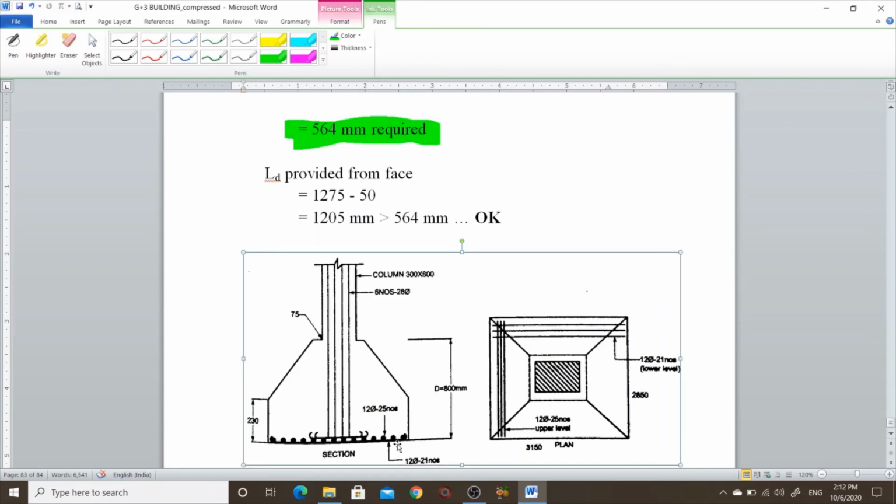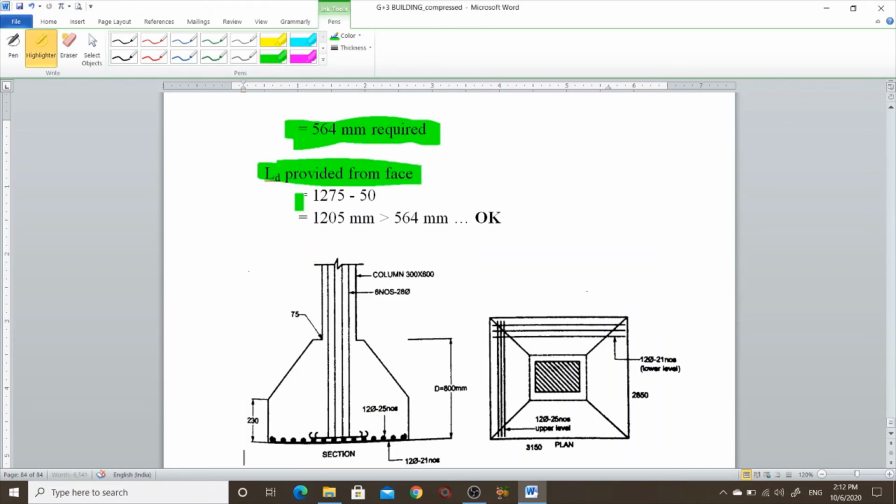And Ld provided from the face is 1275 minus 50, where 50 is the cover which we provide from here. So the overall value is 1205 mm, which is more than the required 564 mm. So our design is safe, our footing design is completed.